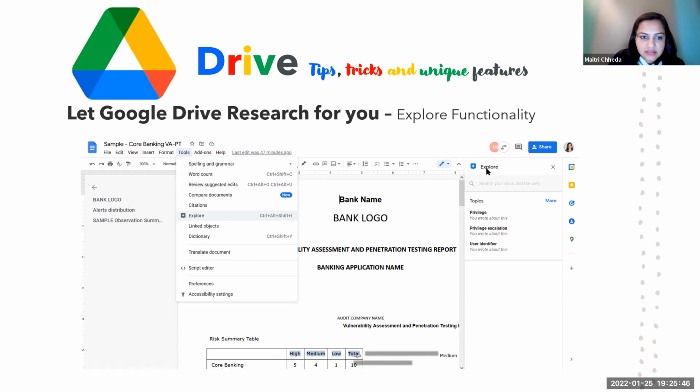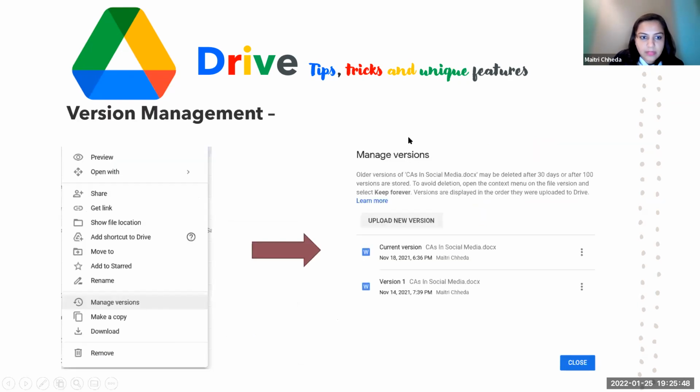All right. Now next is version management. Yes, so we CAs are always getting in trouble with versions. We've got a lot of versions. Somebody's PC has some version, your PC has something else, and when you look at that file maybe 2 months or 2 years later, you don't know which is actually your last version. So what would you do then?